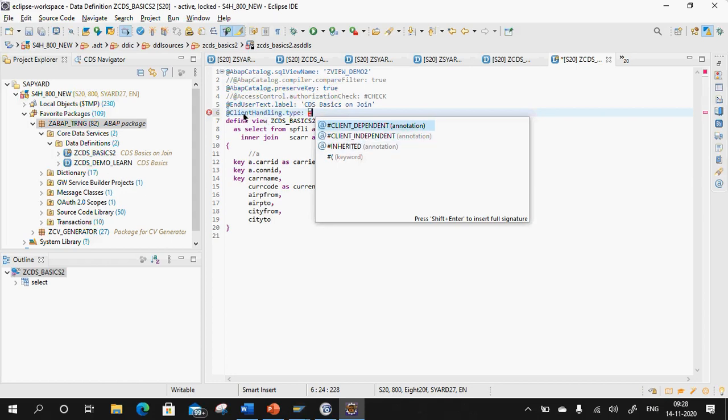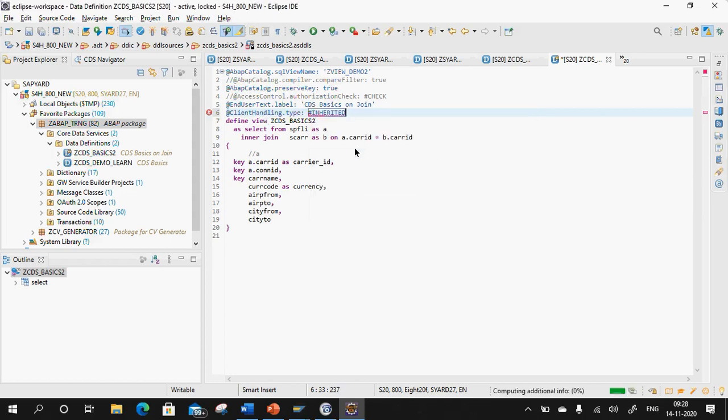Even if I am not specifying this annotation @client handling dot type as inherited, what this means is, with this value, the client dependency of the view is determined by the data sources used. Since my data sources are SPFL and SCAR, these are all client dependent, right? I showed you the concept because the mandt field is there. Hence, since all the database sources used are client dependent, the view is also client dependent.